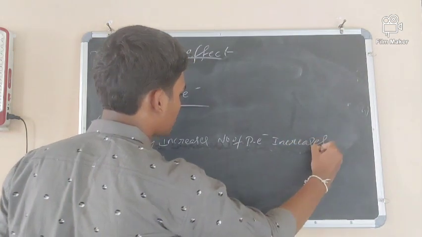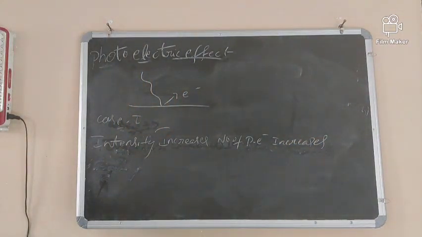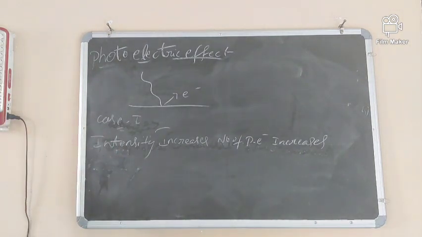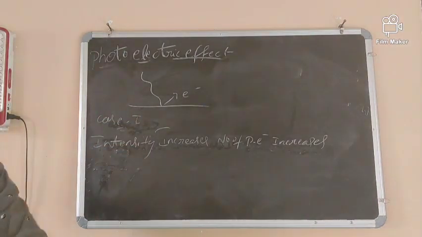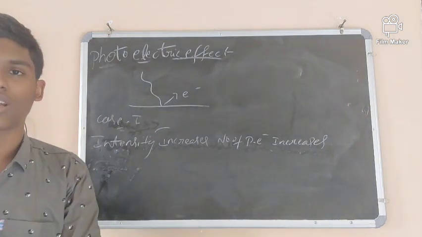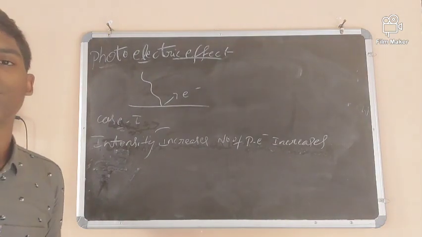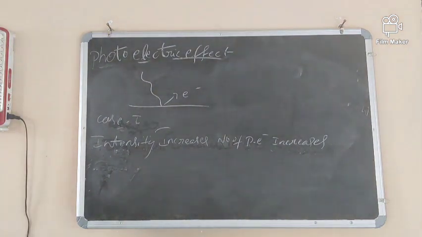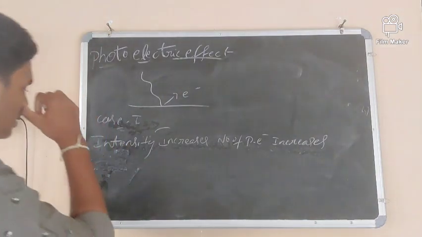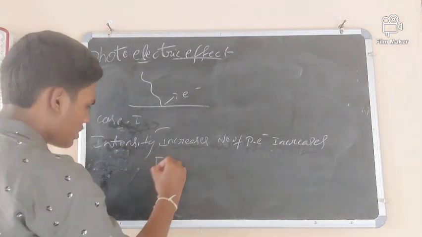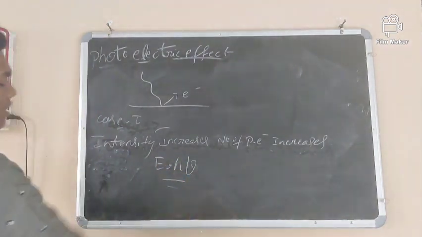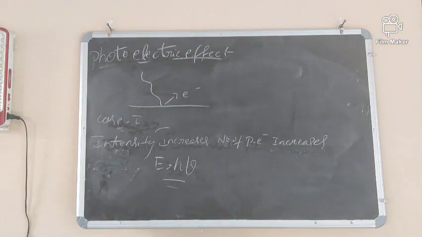Frequency will not change because frequency is not dependent on the number of photons. Okay, frequency is not changing. Whichever light is incident on the surface, only that light's frequency will be there. In that, however many photons there are, the frequency does not change. Okay, intensity increases, number of photoelectrons increases. Frequency does not change, energy also does not change, energy remains constant. E is equal to h nu only, energy will not change. Okay,